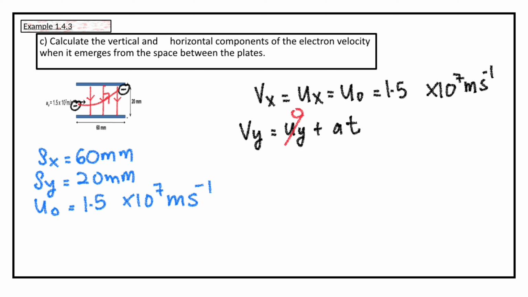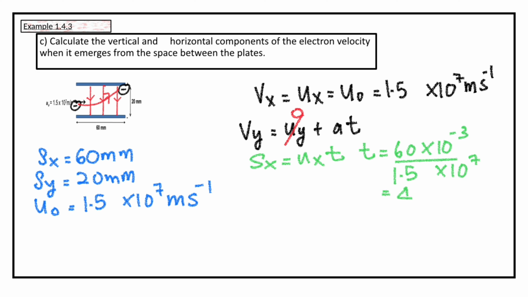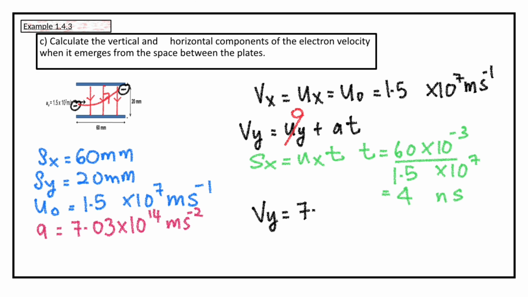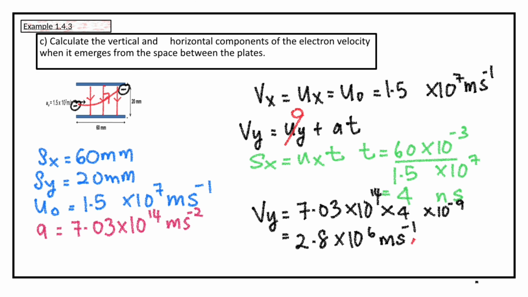We can find T from the equation Sx equals Uxt. Substitute the magnitude of Sx and Ux, we get T equals 4 nanosecond. So we can find Vy. Vy will be equal to Uy plus At. We already found A, that A equals 7.03 times 10 power 14, and our T is 4 times 10 power of negative 9. So we get Vy equals